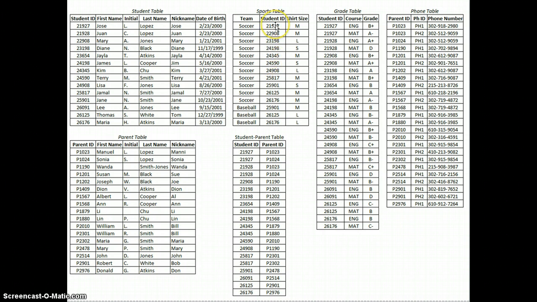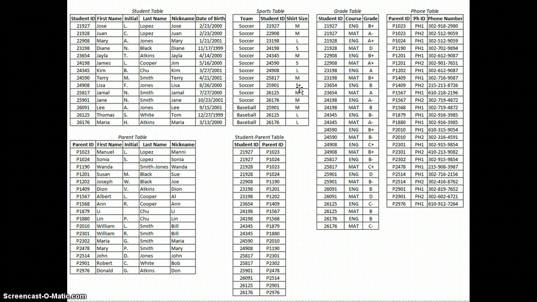In the sports table, the student ID is the foreign key to match back to student. As I mentioned on the previous slide, any attributes should relate to the entire primary key. So shirt size, we need to think about, is that related to the student or is that related to the type of shirt for a particular team and the student who's going to wear it? Because shirt sizes aren't standardized,